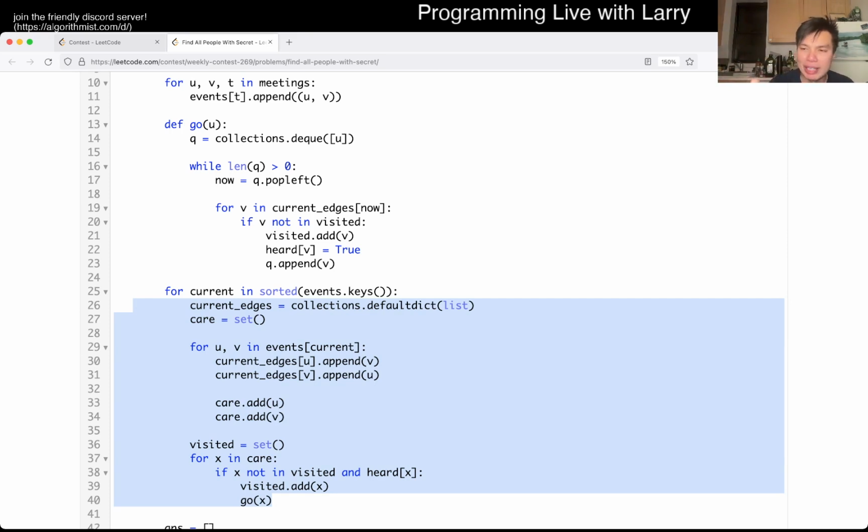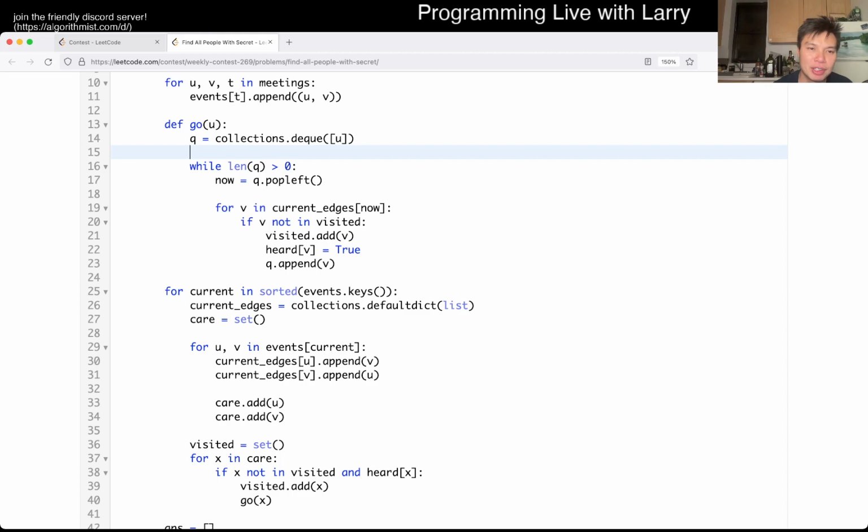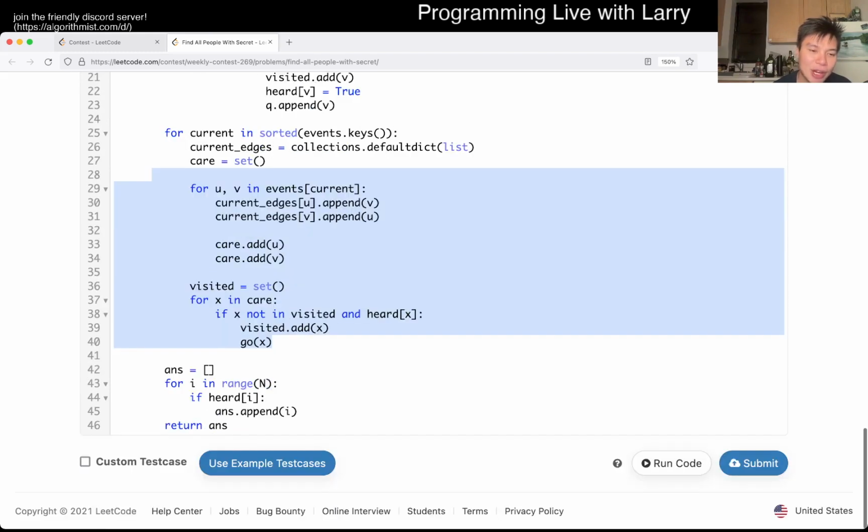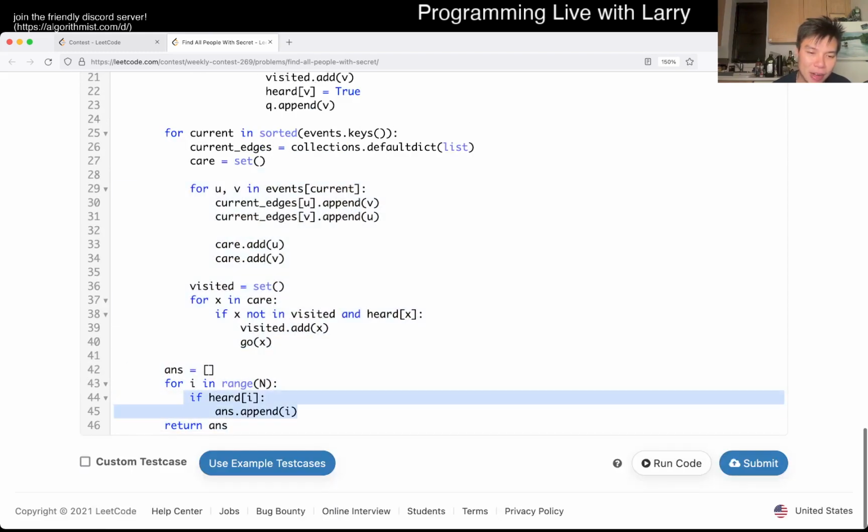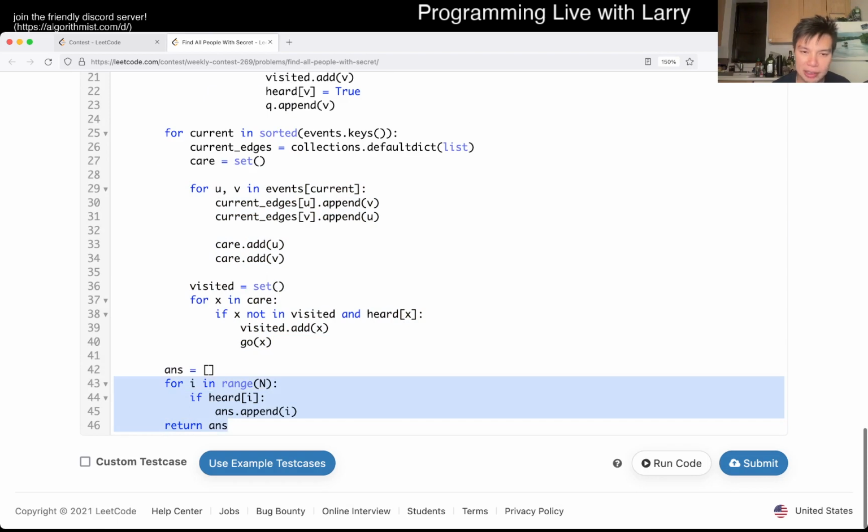But you have to also be really careful to make it a set version of the Union Find and not an array version of the Union Find in the underlying implementation. But yeah, this is just BFS, so we put the item U in here, and this is just connected components BFS, right? We just visit all its neighbors, mark them as visited, and also tell them the secret, and then we put them on the queue so that they could tell their friends the secret, right? And that's pretty much it. And then at the very end, we check to see all the people who have heard the secret. If they heard the secret, return the answer.